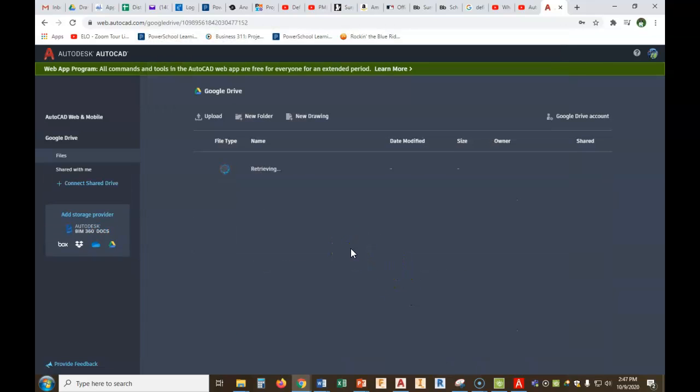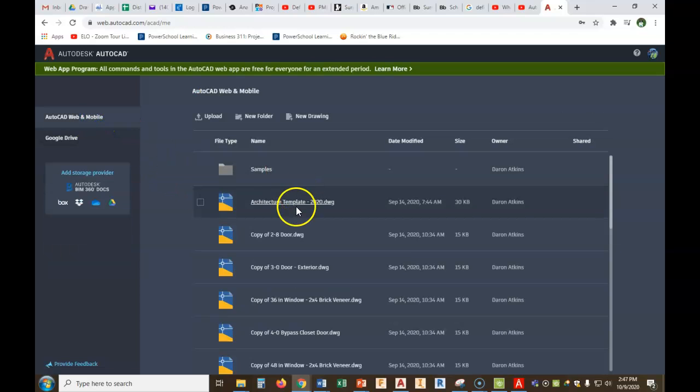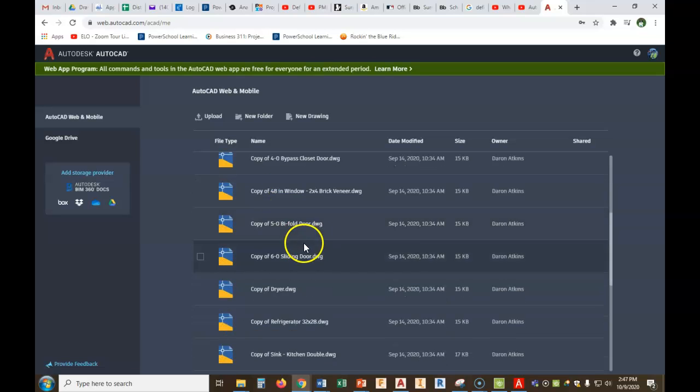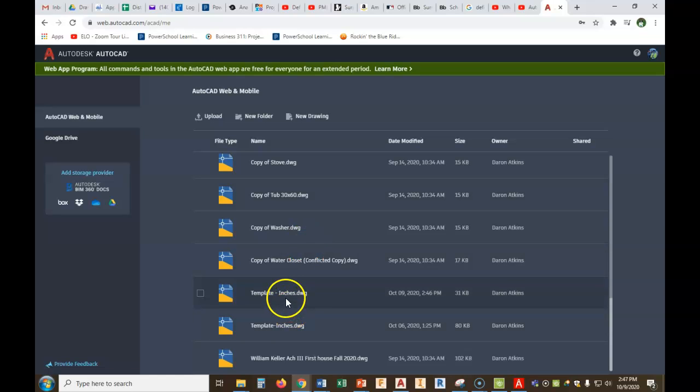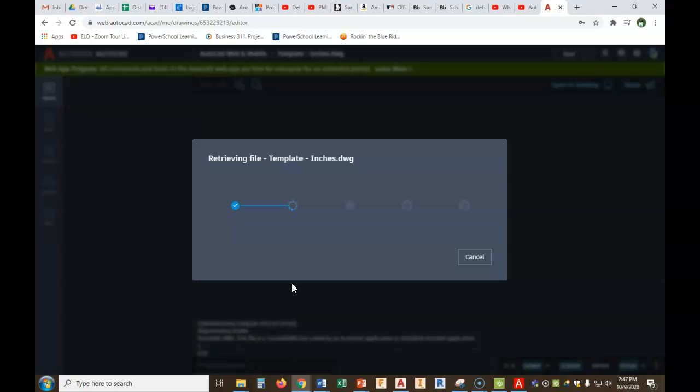It's going to take just a minute to find everything on my Google Drive. It's literally going to get everything that's there, which is great. So now I can put something in here. This is where I can save to, okay? But anyway, you're going to be back here, like I said, and you're going to have your AutoCAD template. It's already put mine in alphabetical order, so I'm going to go down and get it from where we're at. So I'm going to click on it, and it's going to initialize. It's going to go through these little dots. And when it gets done spinning,